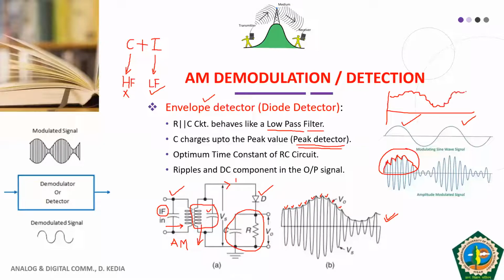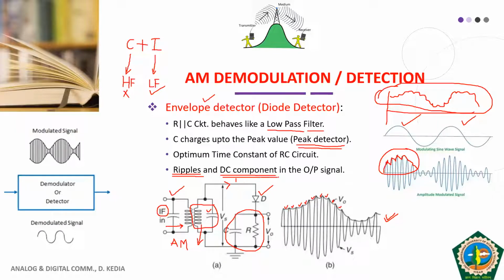Okay, you have your demodulated signal with ripples. These are known as ripples, the way we have ripples in the sea. I hope all of you have understood this. Though we have been able to get our sinusoidal signal back, this signal has two things in it. One is the ripple, which has come into the picture because of charging and discharging of the capacitor. And there is one more thing, and that is the DC component.